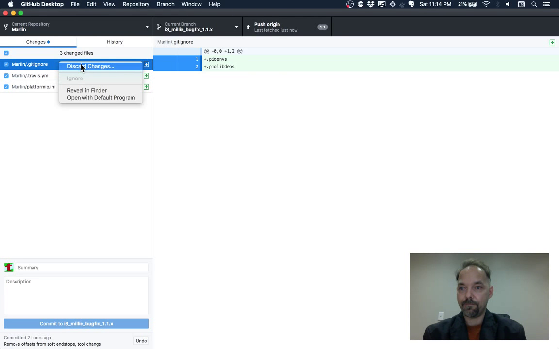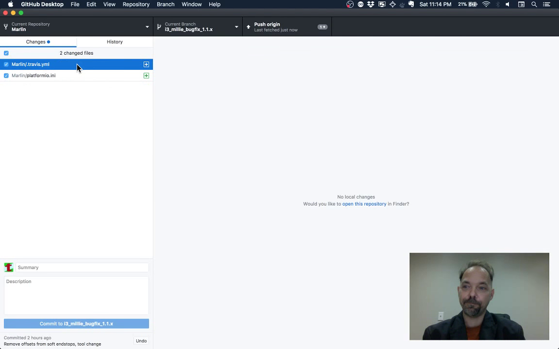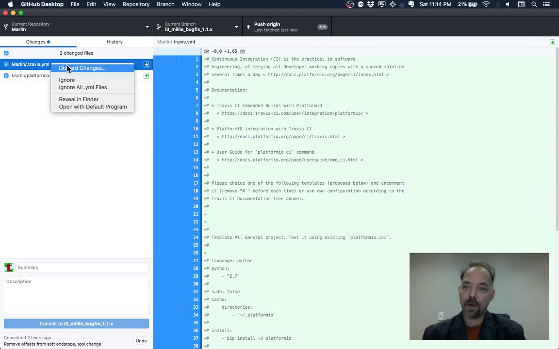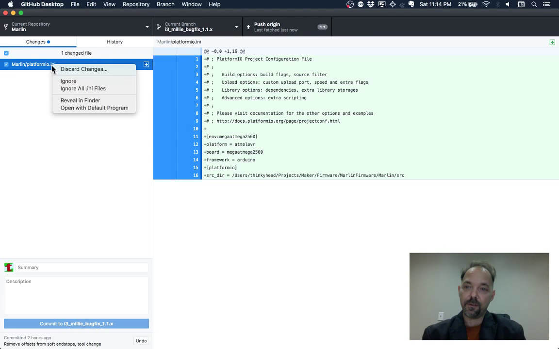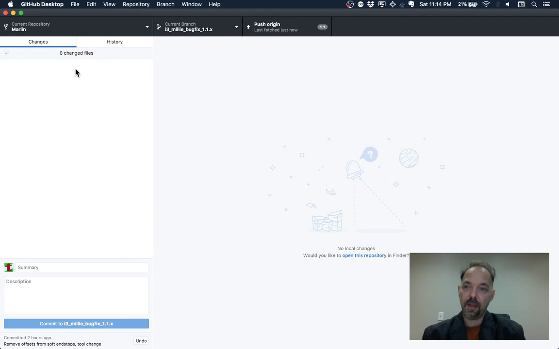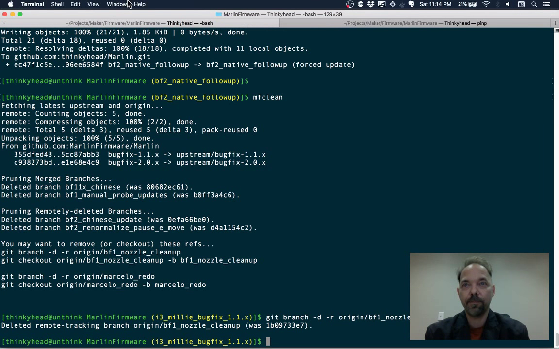That's another thing about Platform I/O I'm not too fond of, it leaves droppings. Oh, also, that was the other thing. With Marlin 2, it leaves droppings all over the place. And I'm not sure what's going on with that. I'm not sure if it's DevIoT or Platform I/O that's responsible. Anyway,